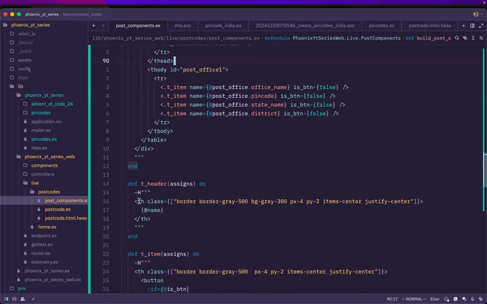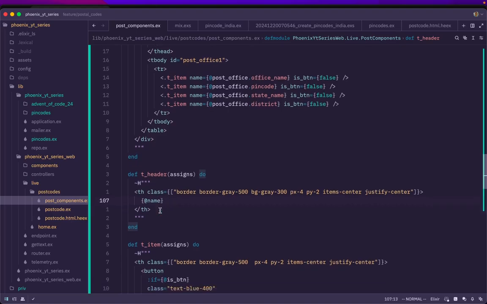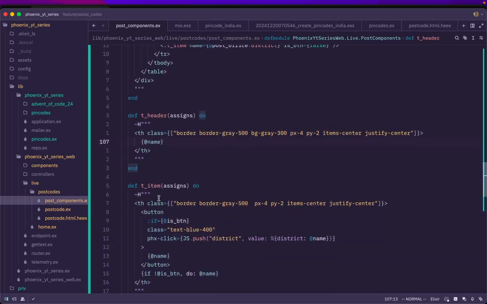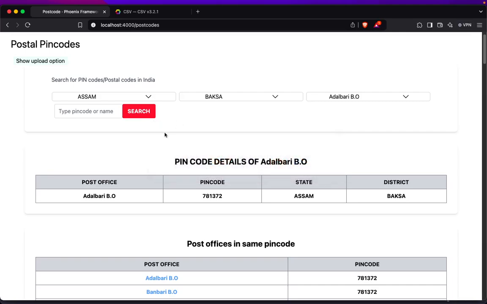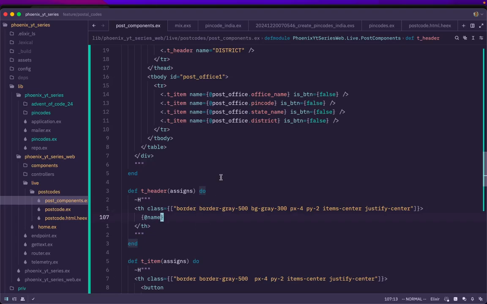This is a th table header HTML tag. I'm just giving the name. And T item, table item. So these items are these ones, the values in this table box is this one,